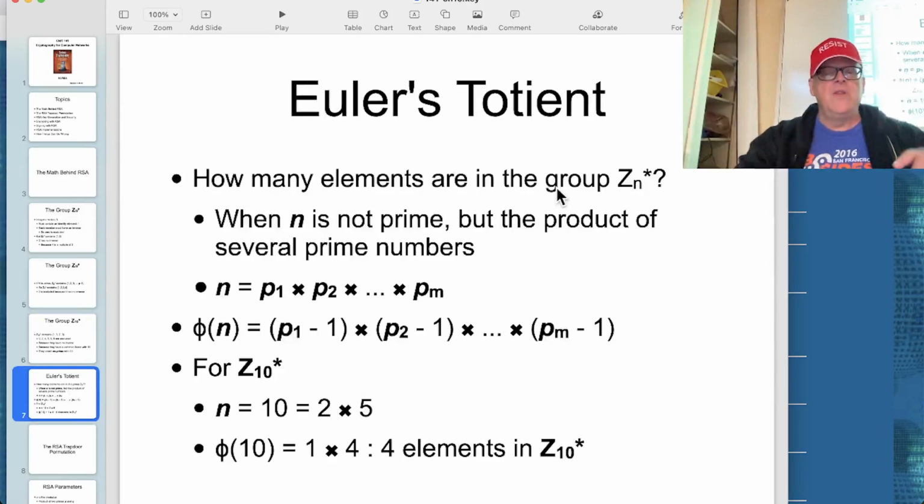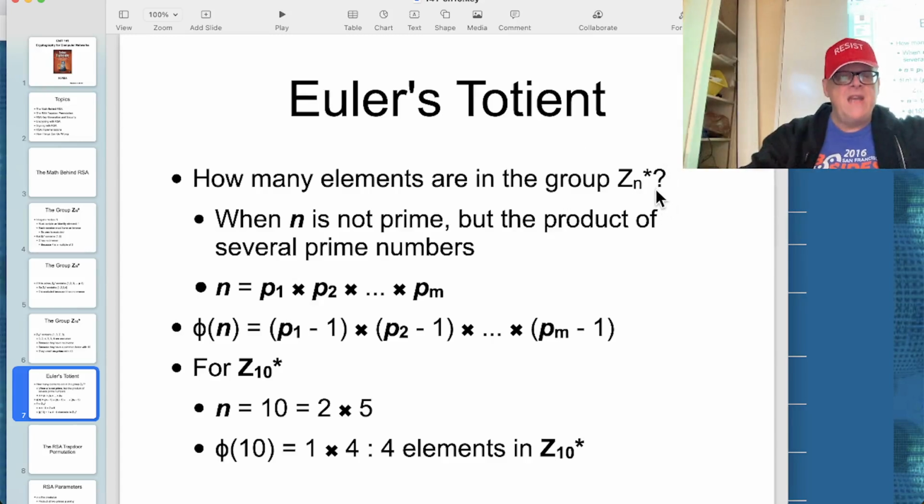Then there's Euler's totient. So how many elements are in the group n? Now when n is not prime, but the product of several prime numbers, then this is pretty easy to understand. If I had only one prime number, there would be p minus 1 elements in the group. But if I have two prime numbers, a product of two primes, then